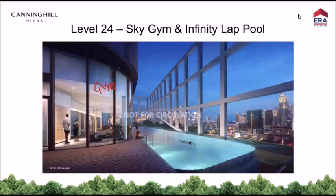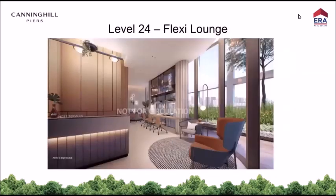Guys, no need to do your print screen because we are going to send this to you. At level 24, we also have this flexi lounge. You can come here and work if you want to. So instead of working from home, you can come to level 24. They call it the flexi lounge, where your